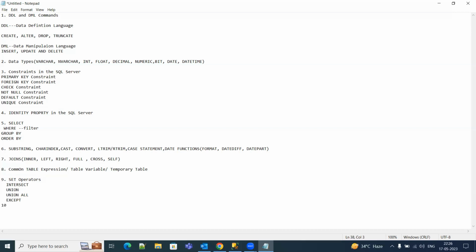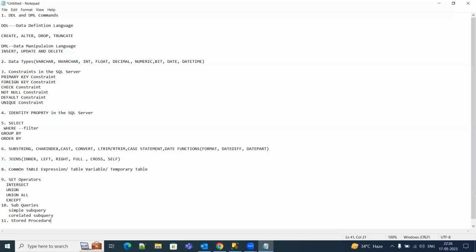And apart from this, after we cover this, we will see what subqueries are there. There are two types of subqueries, simple subquery and correlated subquery. So we will see what is the difference between these, right? And after we cover all this, the next important thing is we will discuss stored procedure,